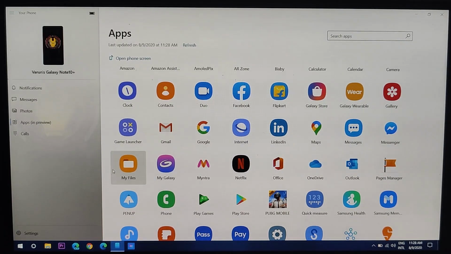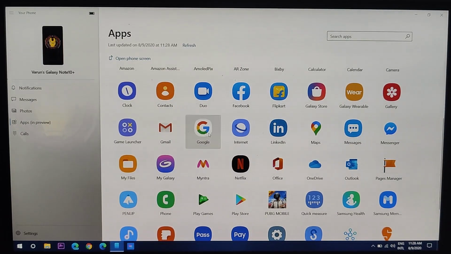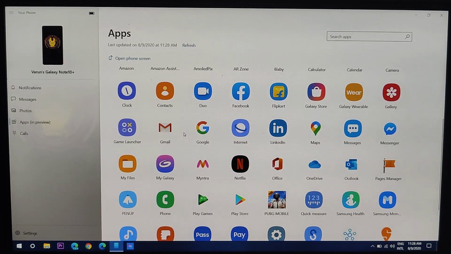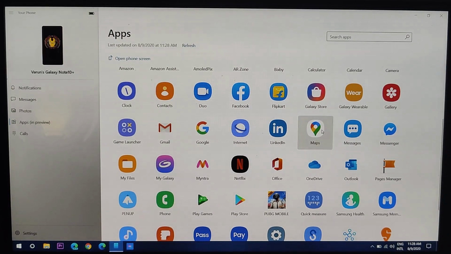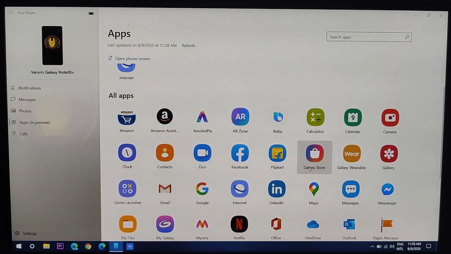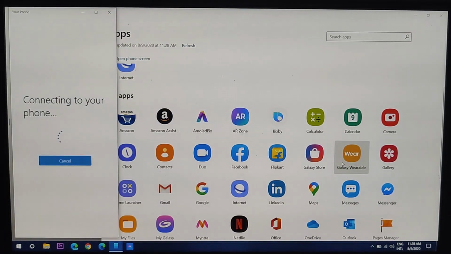If you do not want to touch your phone all the time, this is where you will get all your notifications, messages from the application. You can just open an application and check whatever you have to right from your Windows 10 PC. So there are a few features. This is still in the beta version over here, so there are things which are problematic in this as well, but it will definitely improve. But you can open any application which is there on your phone on this device in a small window. So this is how it will be shown.